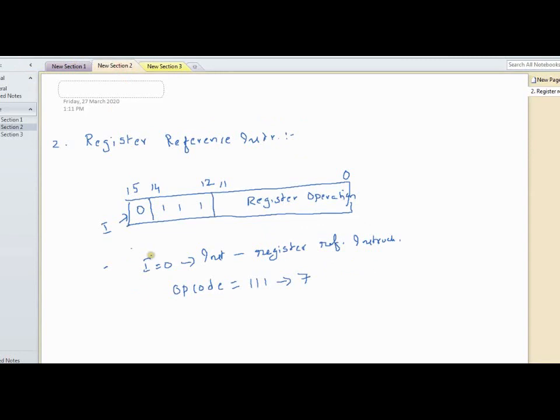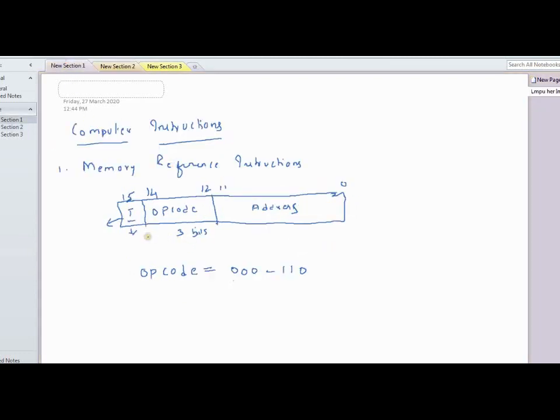If the 16th bit is 0, that is the I bit is 0, and the remaining bits 12, 13, 14 are 111, then you will call it a register reference instruction. Other than those conditions, we will call it a memory reference instruction.